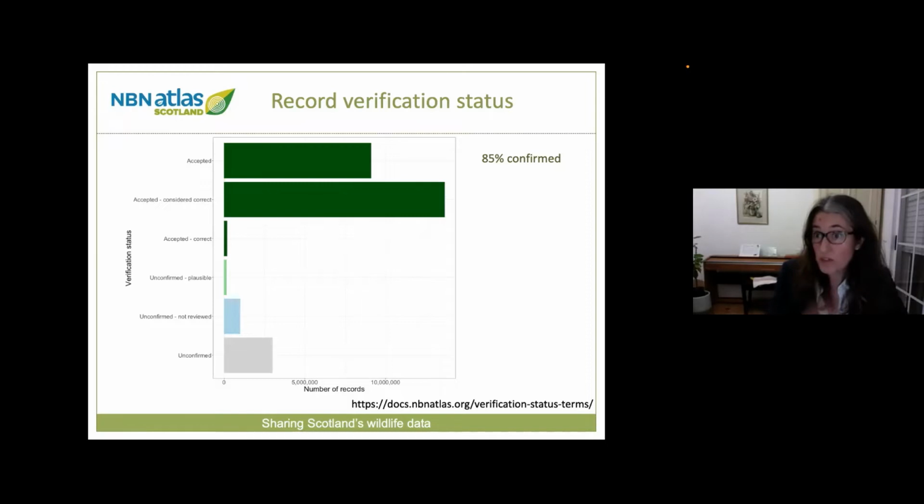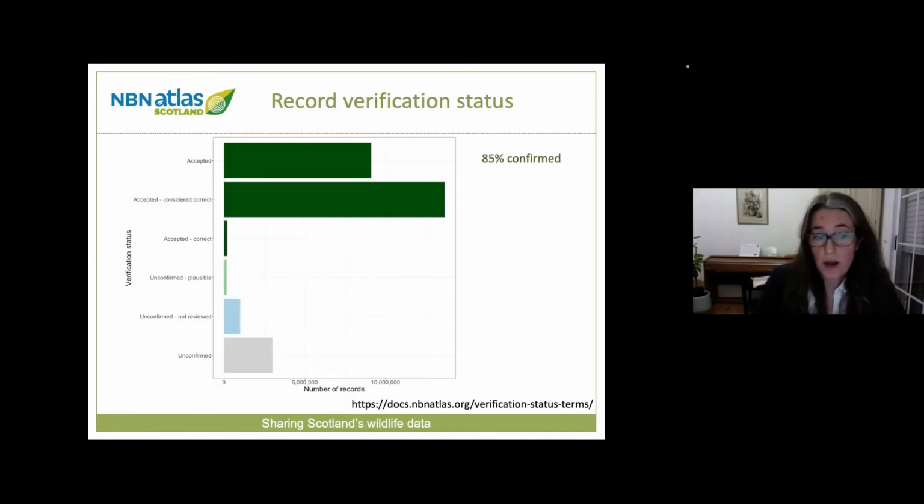And what I'm trying to do at the moment is, as data sets are updated, I'm asking people who use the unconfirmed option to actually select plausible or not reviewed, so that, on the maps and visually, when you're viewing a list of records, we can identify those records that have not been reviewed, because we are beginning to see more and more unreviewed records on the Atlas, especially coming through from iRecord. And so what I'd like to be able to do is on the maps toggle so that users can easily filter out those records that have not been reviewed,